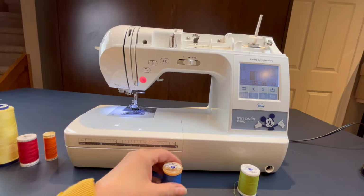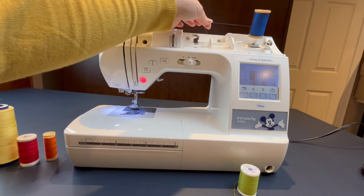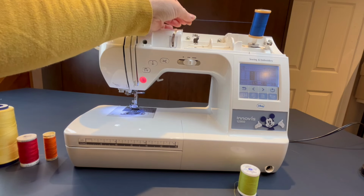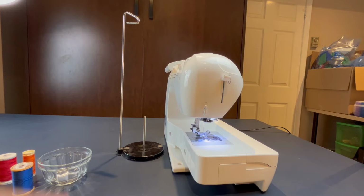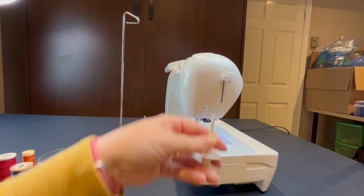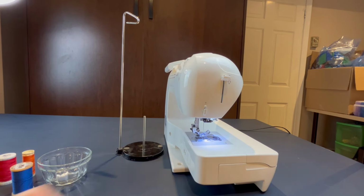I just push it down, and I can put this right on top and thread it like I would normally thread it. As you can see, it's coming off the side, so there's no problem. If you don't have a vertical spool pin similar to this that you can just adapt with these new machines,